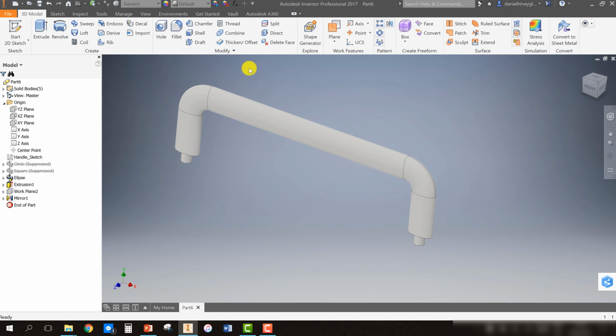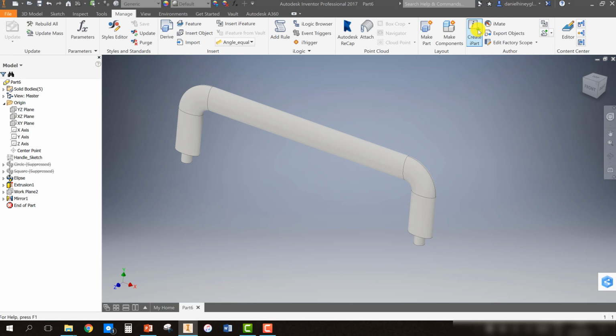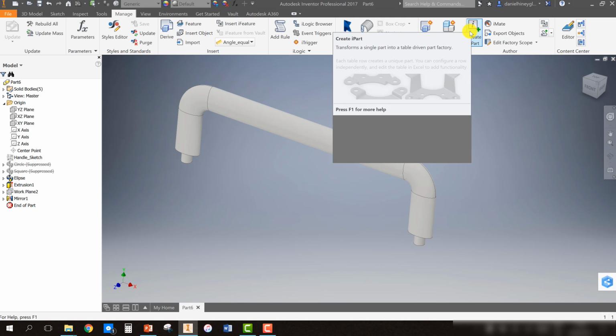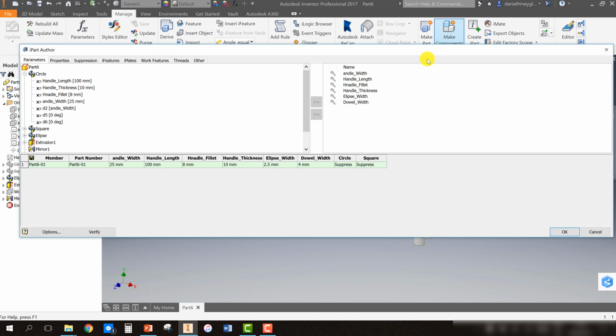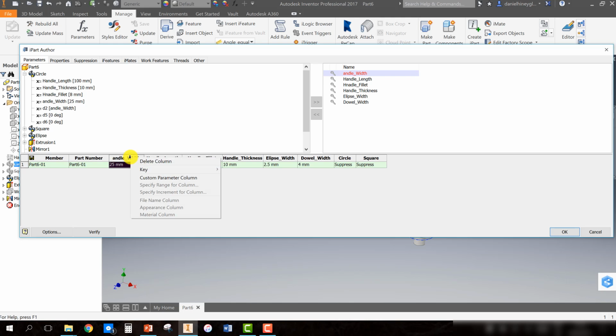Now, to create this as an iPart, we're going to go up to the Manage tab, go across to Create iPart. It might be different than everybody else's if you have a different older version, but it's Create iPart. So create an iPart, and automatically it pops up a list of variables that we've already created and we can use. So we don't need really the handle width,